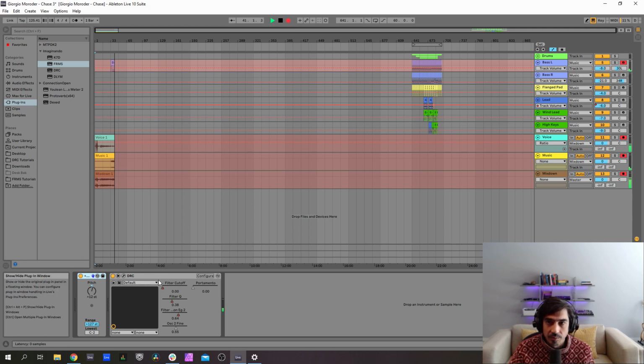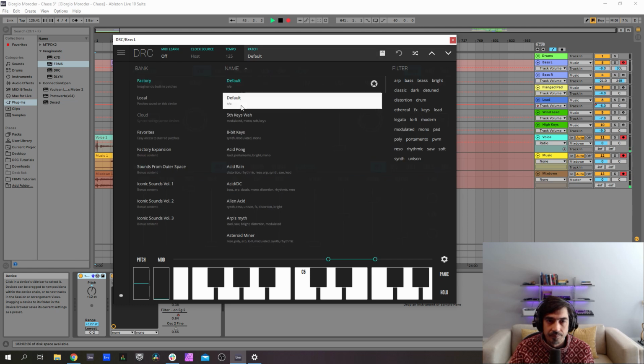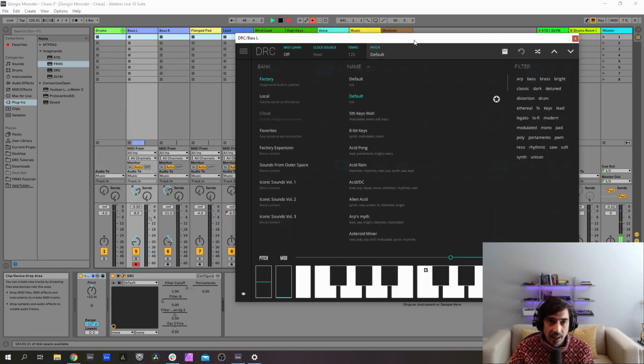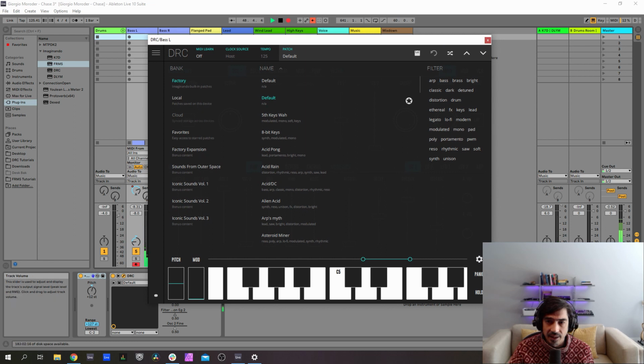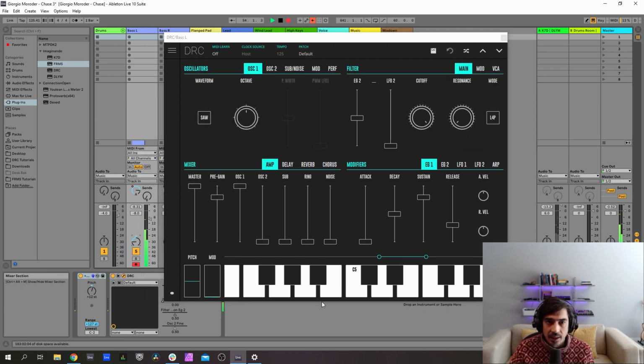And what I'm going to do for starters is bring back the default patch. I also, as you can see, have a K7D here. I'm gonna turn it off for now. So we only have the default patch here panned to the left. And we're gonna start by